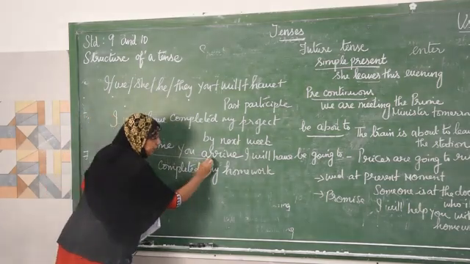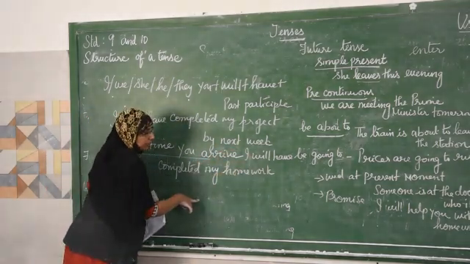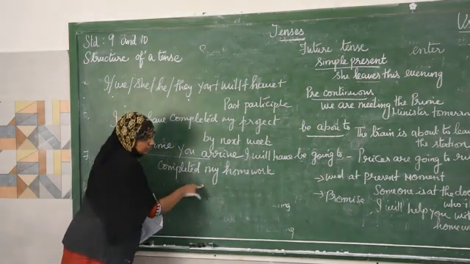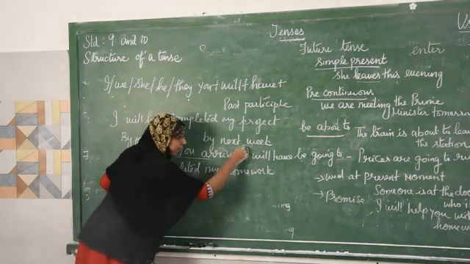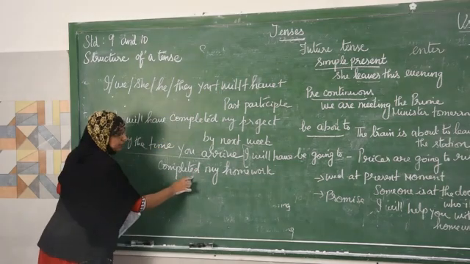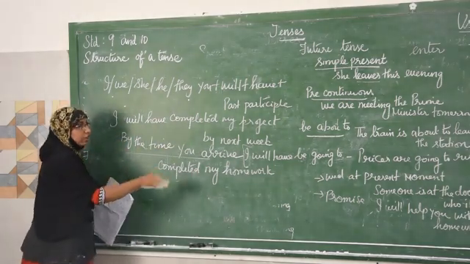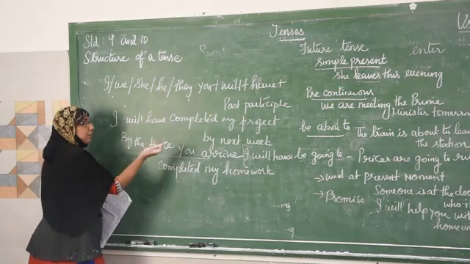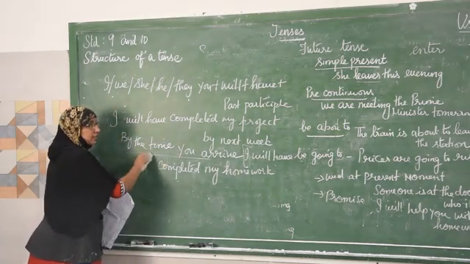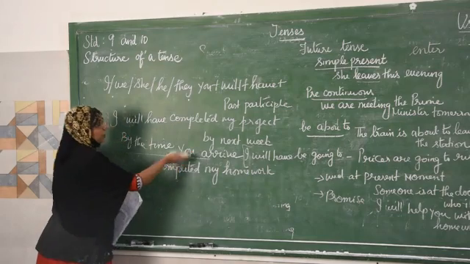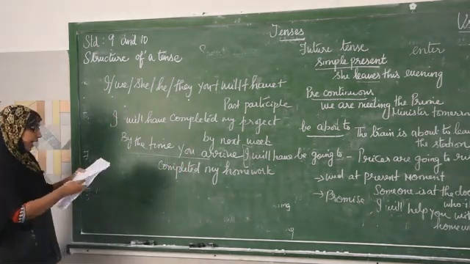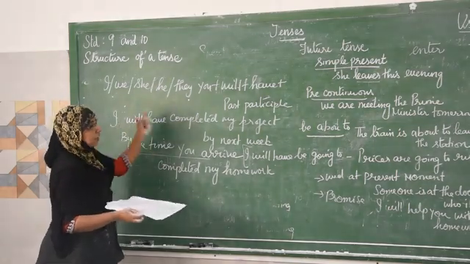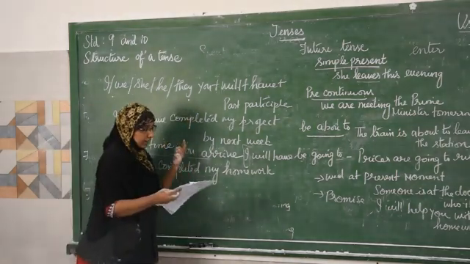By the time you arrive means what? Before that, what would you have completed? I will have completed my homework. So which action takes place first here? This action, I will have completed my work. In the future, you would have completed this work before the time your friend or someone arrives there. And even it refers to an action sometime in the future. Duration of time means period of time here.